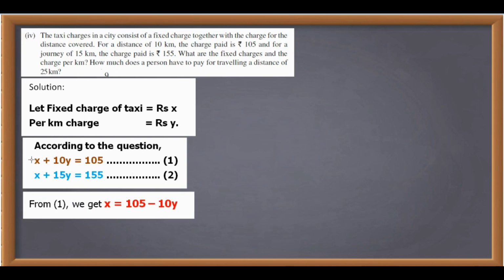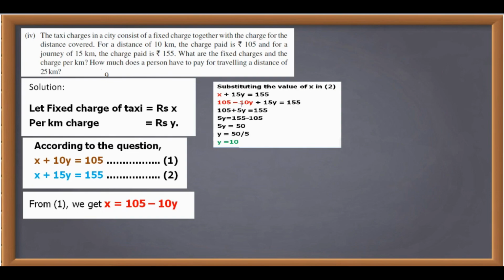Now we are going to convert first equation in terms of x. X should be left hand side. And after converting first equation with x, we have to replace this x in the second equation. So second equation is x plus 15y is equal to 155. x we got as 105 minus 10y. I'm taking 15y as it is, is equal to 155. So minus 10y plus 15y gives you 5y. So 105 plus 5y is equal to 155. 5y is equal to 155, 105 moves to the other side will become minus 105. Focus students, 5y is equal to 50, y is equal to 50 by 5, which is equal to 10.